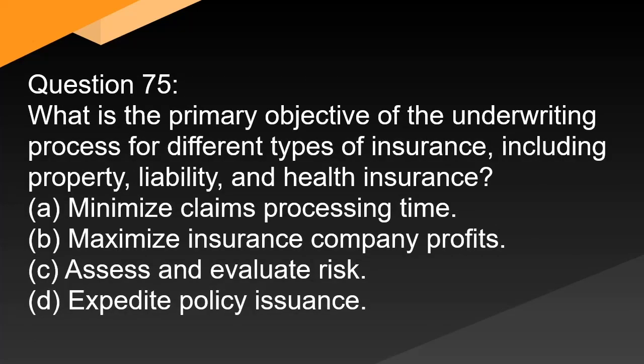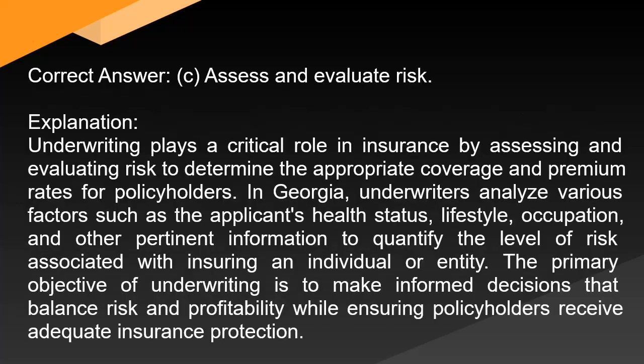Question 75. What is the primary objective of the underwriting process for different types of insurance, including property, liability, and health insurance? Correct answer: C. Assess and evaluate risk. Explanation: underwriting plays a critical role in insurance by assessing and evaluating risk to determine the appropriate coverage and premium